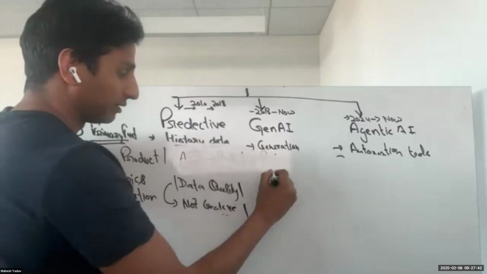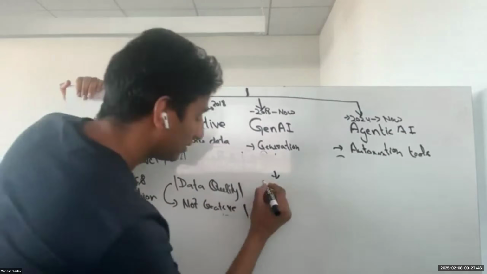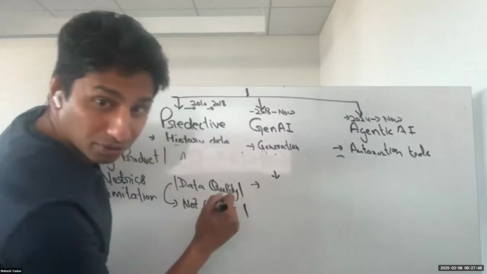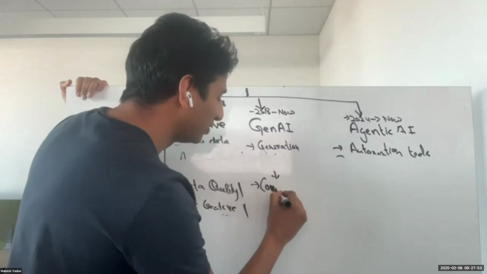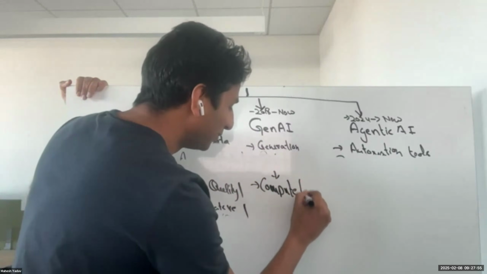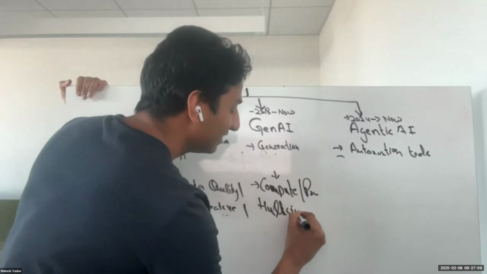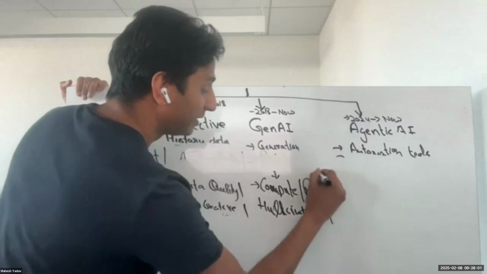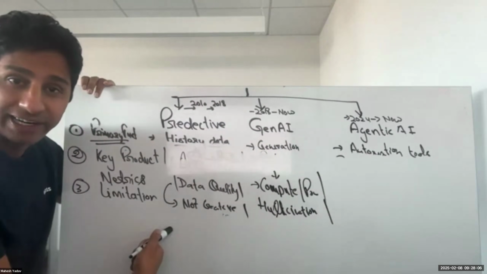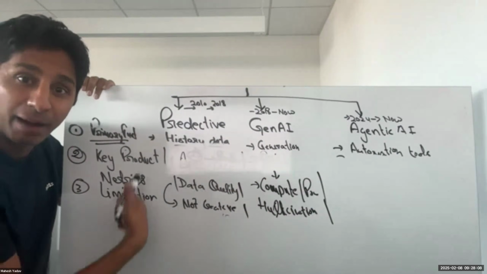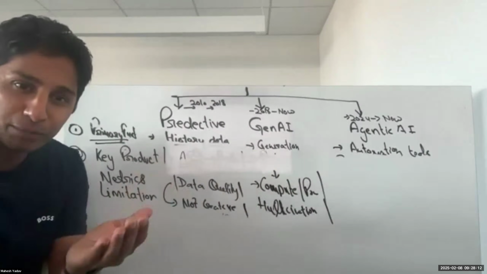Okay, let's move on to the next one. We got these limitations. Next one. Compute, power, hallucinations. Wow, who said that? Why don't you take this session? Compute, power, hallucination. Well done. Exactly. We have made them really creative, but they have to answer a question. There's no idea of confidence. If these guys said, I'm 90% confident, then you could put a filter.